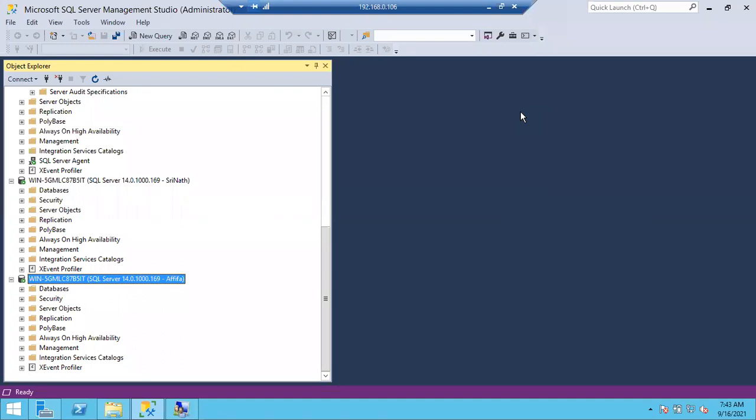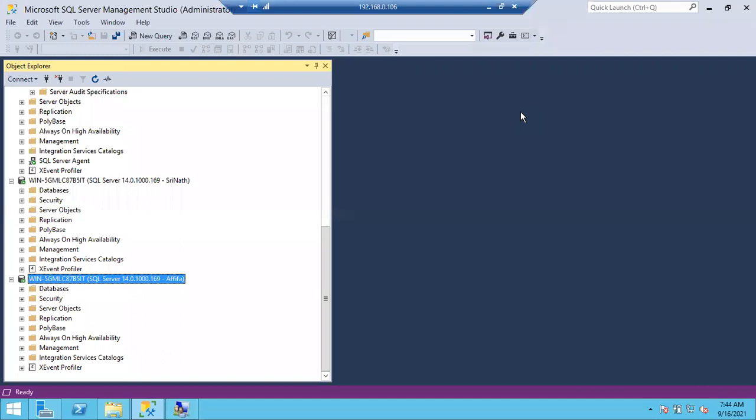Hey DBA, yesterday someone created my login, but I am unable to log into the SQL server. Yesterday it was working fine. Now it is not working properly. So now you want to find what is the exact reason why she is unable to log into the SQL server. Whether she is giving the wrong username, or the wrong password, or an expired password, or the user is not there. Someone deleted the login for Afifa.